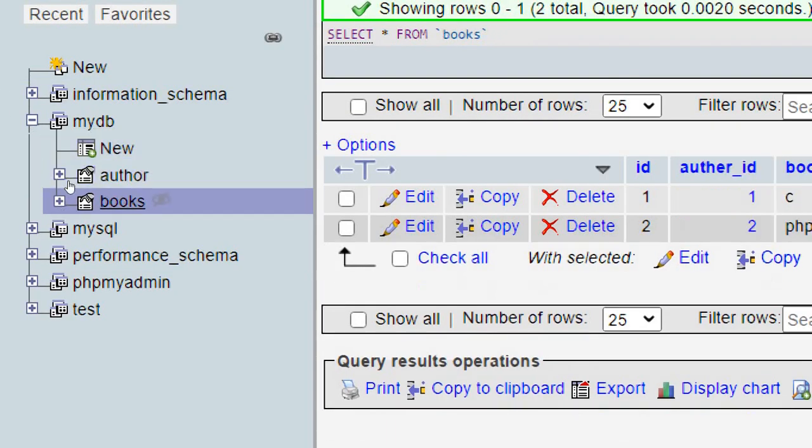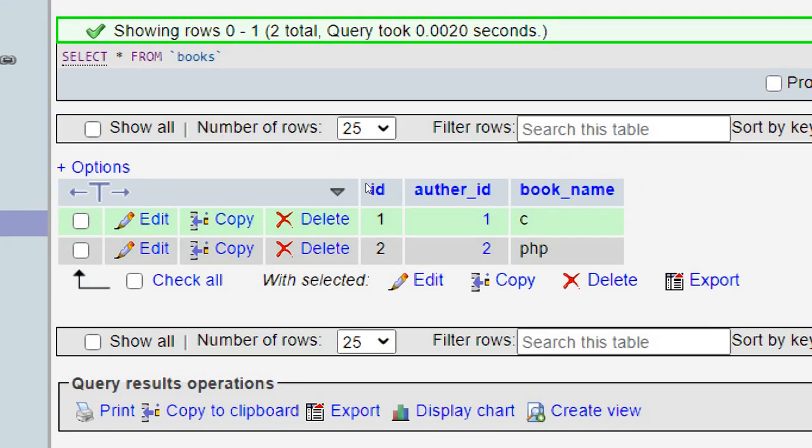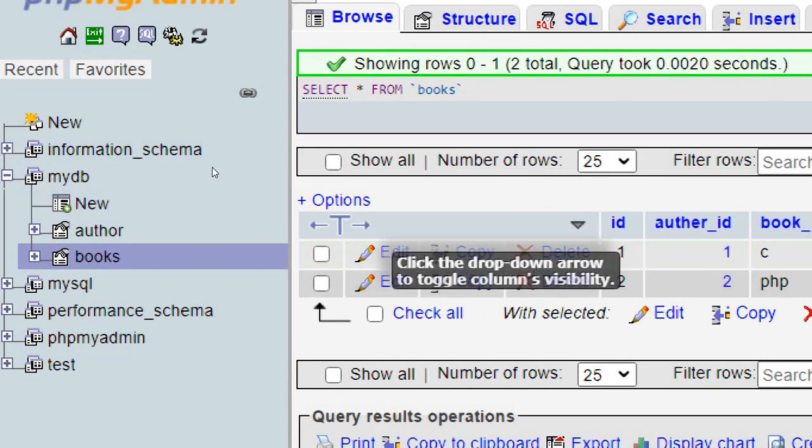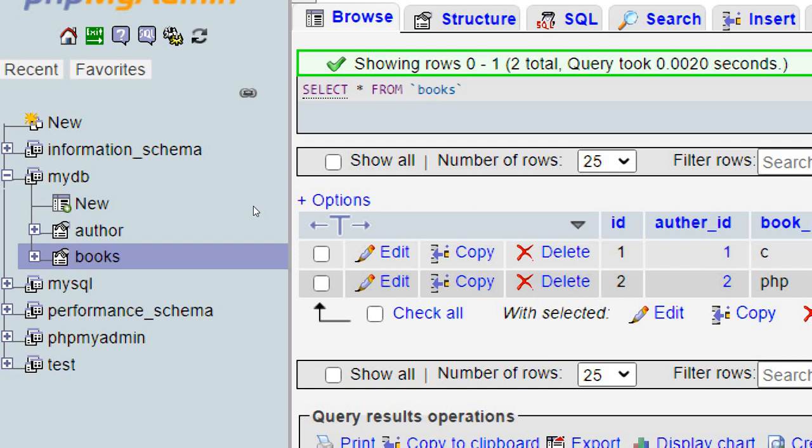Click on books, and here our record is deleted. So it is possible to insert a foreign key with a primary key, and if you delete a record from the author, it will be automatically deleted from the books table also.